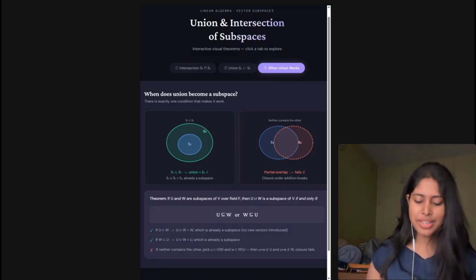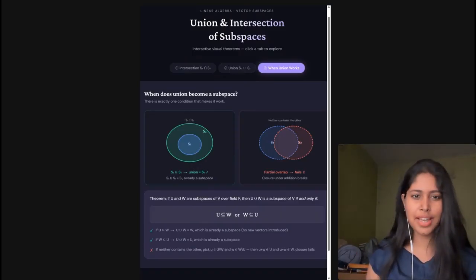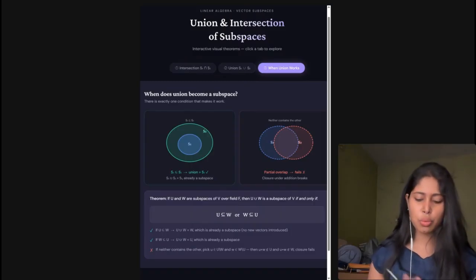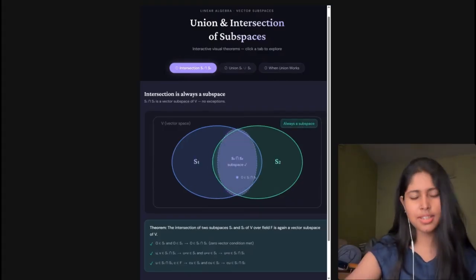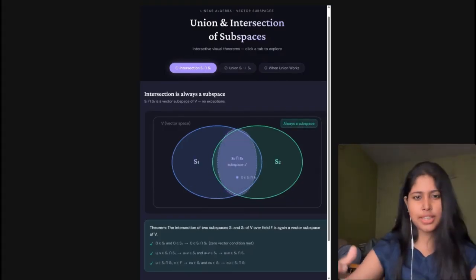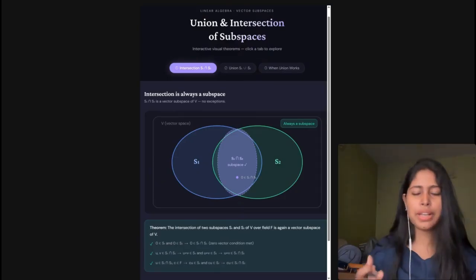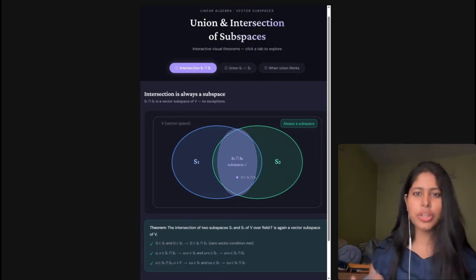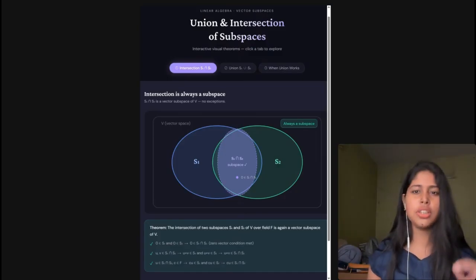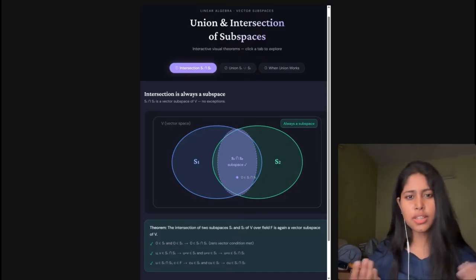And let's go. See, I am presenting an interactive slide which I made. Okay, so what am I presenting here? Before we jump into linear dependence and independence, let me quickly recap the two theorems we touched on last time, because they set the stage. As you can see, theorem 1 is on the intersection of subspaces. What does the theorem say?